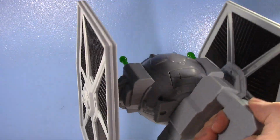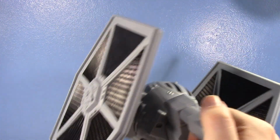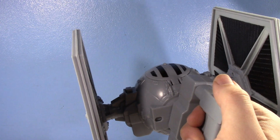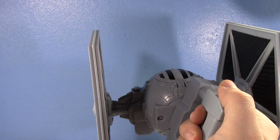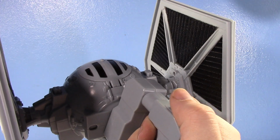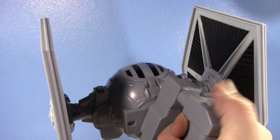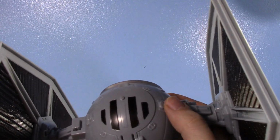You can't spin and fire at the same time. But you do also have... That's something else I've always loved with toys as a kid. I always went pew pew pew, but all you have to do... I wish you could rapid fire it. I think it just cycles through a couple... Like a single shot and then a double shot. I wish you could just go pew pew pew pew pew pew, because that's what I would want to do. But yeah, the missiles...